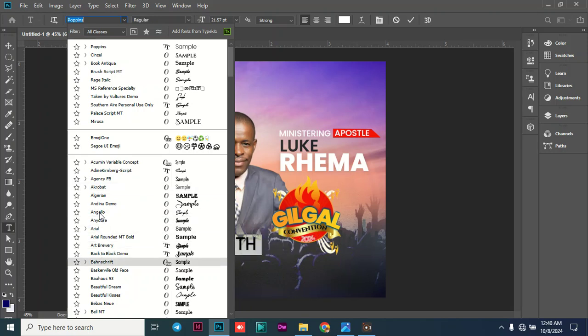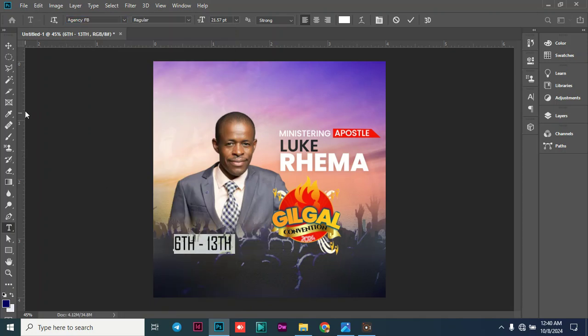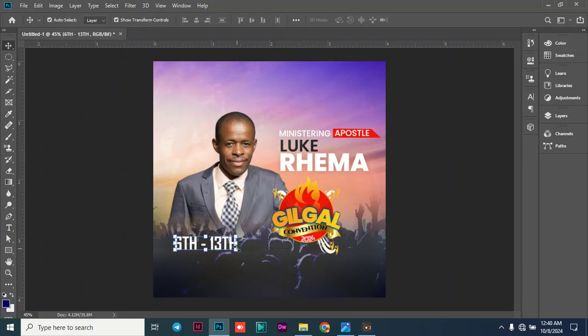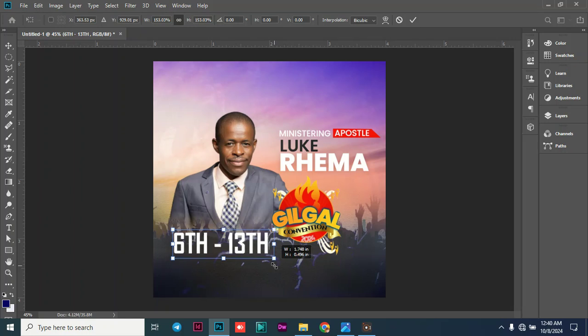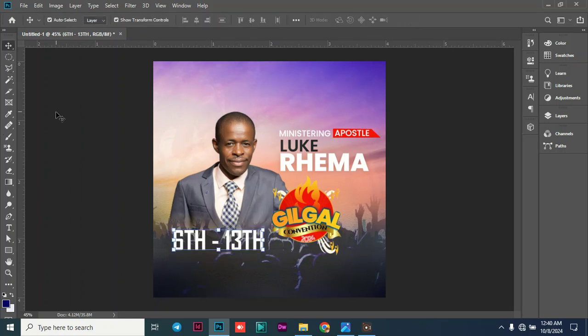FB. So that's the font that I want to use, Agency FB, and make sure that it is bold. Yeah, so I want that text to be in that font. So I want it to be a little bit big. Then after that, the next thing I want to do, I just want to bring in the second part, and